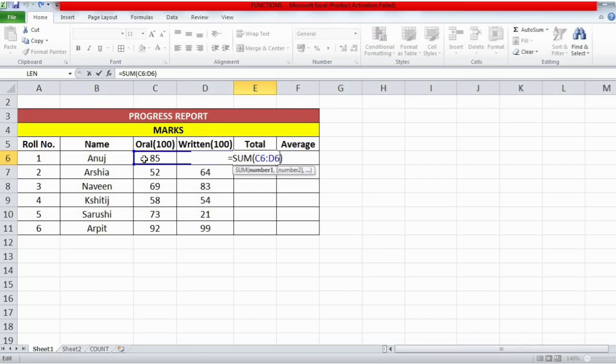This is C6 and this is D6. So see, inside the cell, this is the sum part that is written. This is the function. A function always starts with an equal to sign, then the name of the function, then inside the brackets, which are called parentheses, C6 and D6 are written. I have written it like this also.